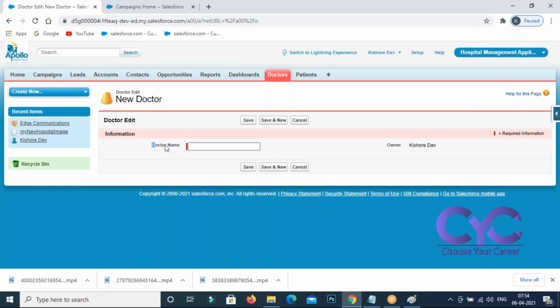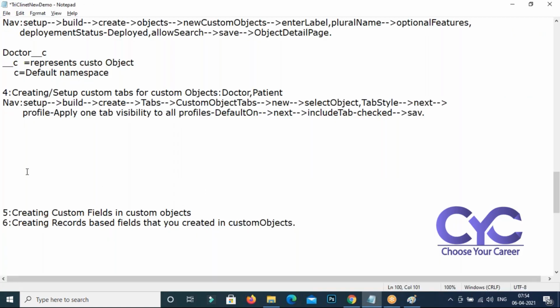One is the Name, a standard field created by Salesforce. What are the four standard fields? Those are given by Salesforce, created for every custom object. What are those?